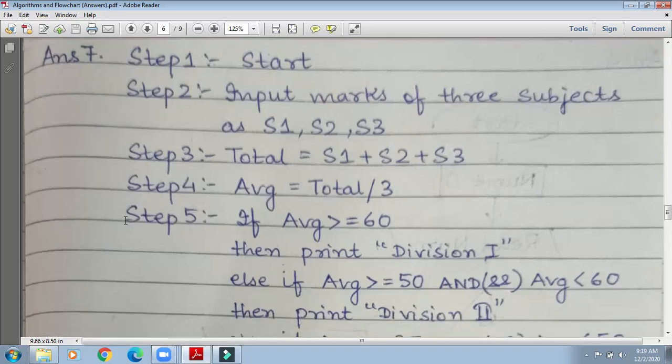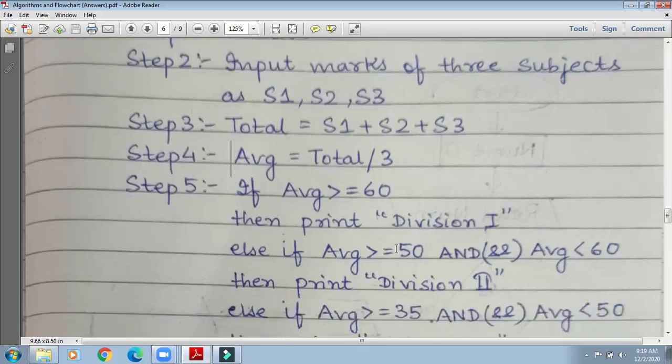Now step number 5, the final step. Now the question is, if average marks greater than or equal to 60, give division 1. So we are writing: if average greater than or equal to 60, then print division 1. Now if the number is not greater than or equal to 60, for example if the number is 53, then this will not work.